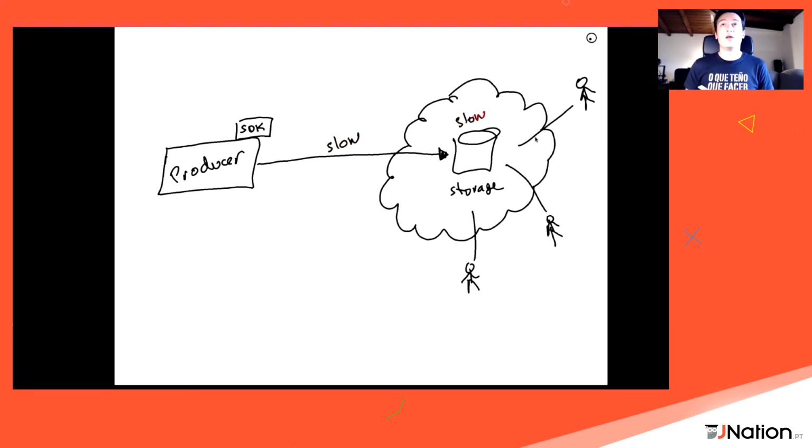You know, the cloud sometimes fails, sometimes has problems. When that happens, we don't want our producers to be affected. But with this pattern, the only thing the producer can do is start to buffer all that data, maybe in memory, waiting to recover the connectivity, and once it happens, send it to the cloud.